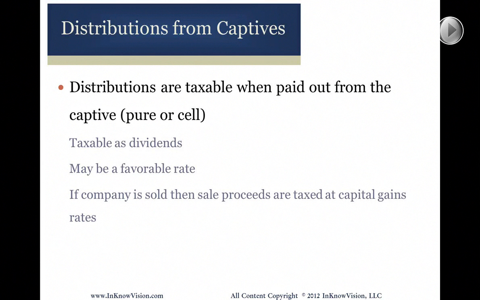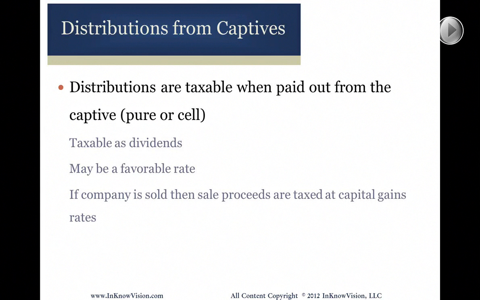But if you're going to distribute the money, this is a general rule here: it's either going to be taxed as a dividend or it's going to be taxed as a capital gain. And the difference is going to be how you take the money. Think about it as if the money is going to dribble out of the captive, it's probably going to be taxed as a dividend. If it's going to come out all at once, as in, for example, you're going to close up the captive or you're going to redeem the captive shares, then it's going to be taxed as a